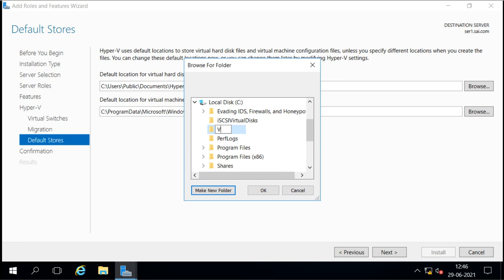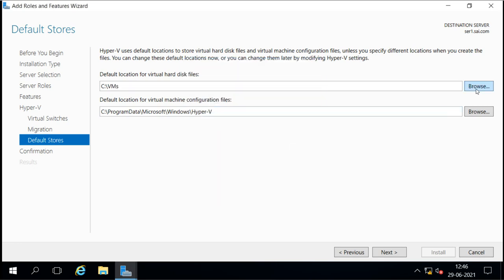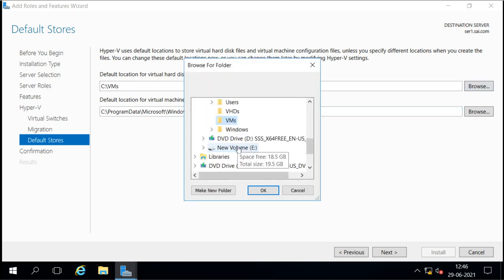Or I will create a centralized folder for VMs, and under that folder I will create a new folder for VHDs.